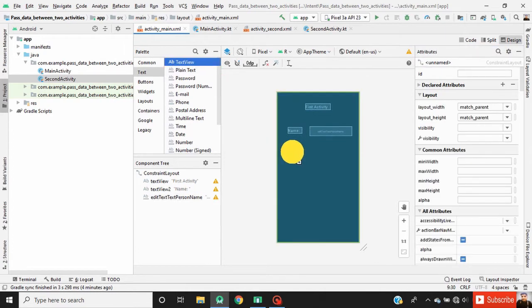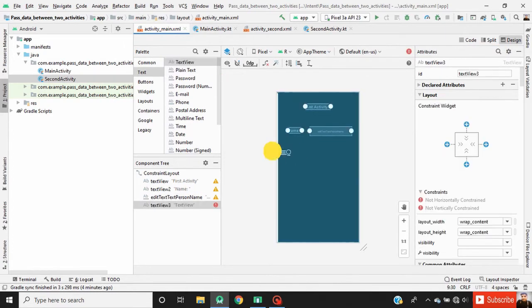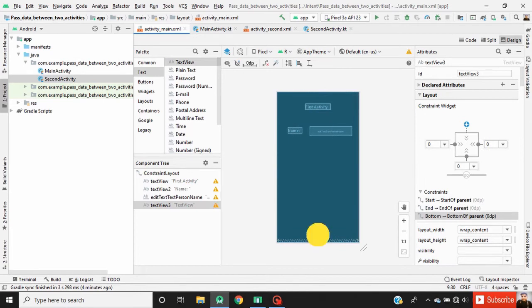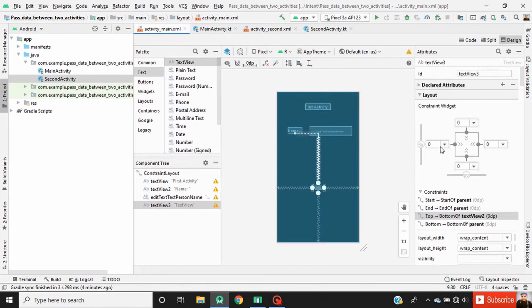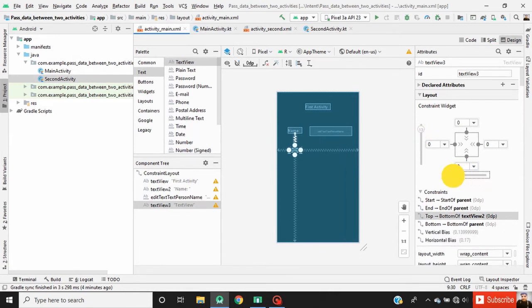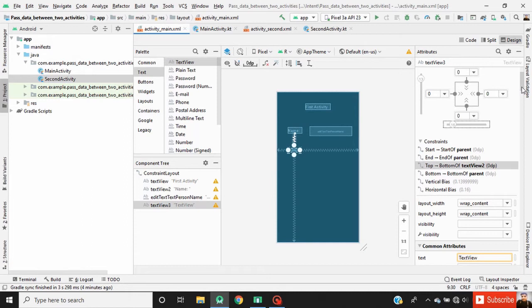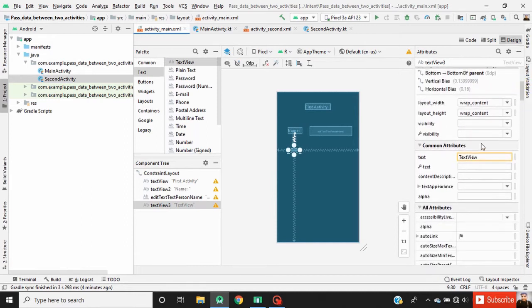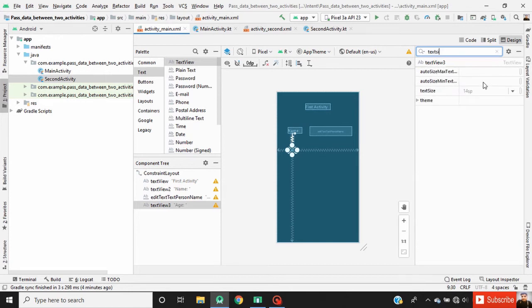Now drag another text view. Define constraint for this text view. Now set the vertical bias and set the horizontal bias. Now change the text of this text view. Change the text size to 22 sp.